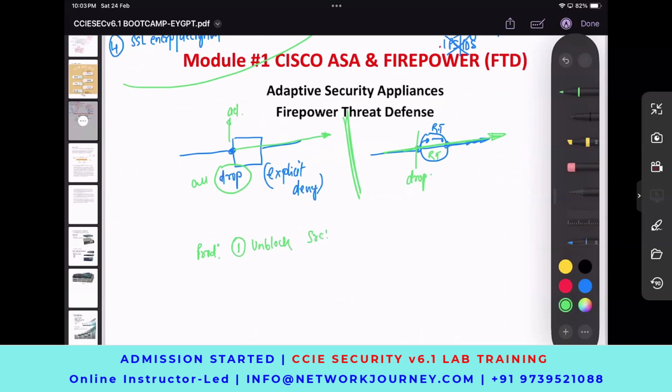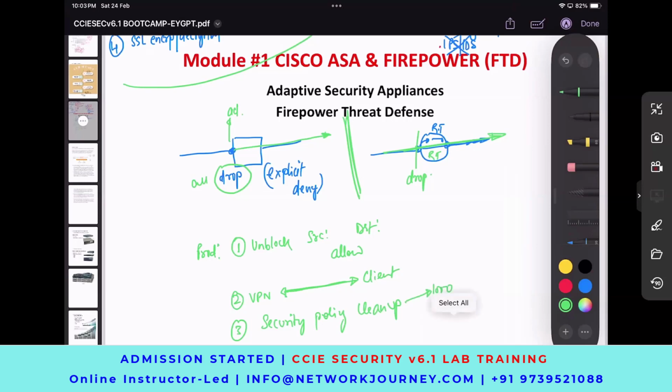They would give you the source and destination and ask you to allow the traffic, or they can ask you to set up a VPN from your branch to, might be, a client, right? Or they might ask you to upload the security policies, or there could be a project called cleanup security policies, because you might have a lot of such policies, but might be not all of them are active, so you have some